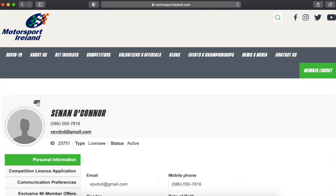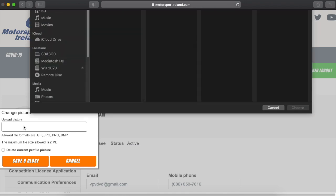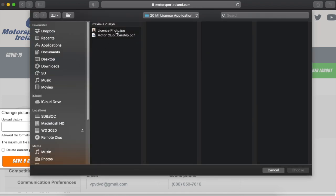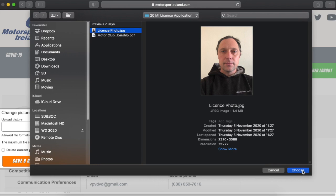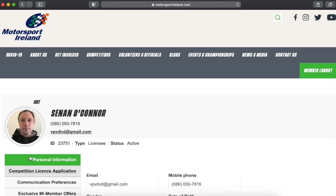It's important to add your picture to the profile, as this will be the one used for your license. It needs to be a passport style photo, and in my case what I did was take a selfie with my phone against a plain wall with the phone held vertically in profile. This gave approximately the right shape. You just wait for it to upload and then save and close and wait for it to update. So now with the profile photo and all the details here up to date, I'm ready to move on to